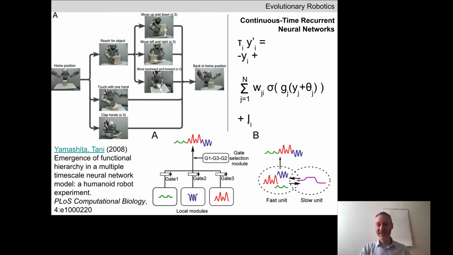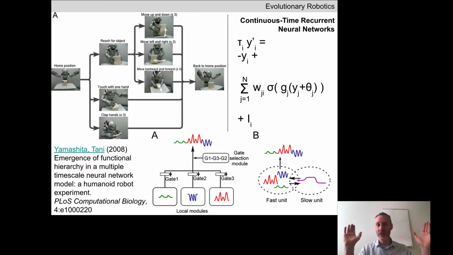If it receives a different number, it should move the block forward and backwards 3 times. If it receives a third number, it should know to move left and right. So we can basically tell the robot what to do by injecting different numbers into the CTRNN, and it should do the right thing. If we input a sequence of numbers, then it should do a sequence of actions like